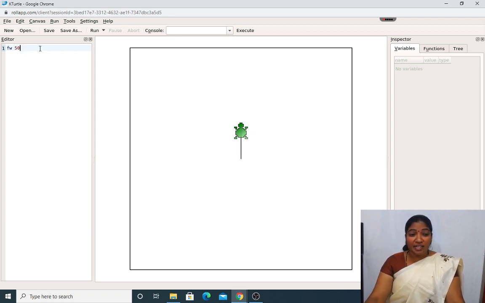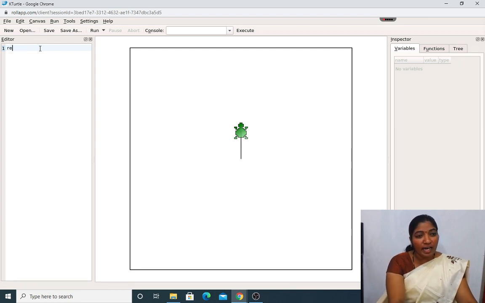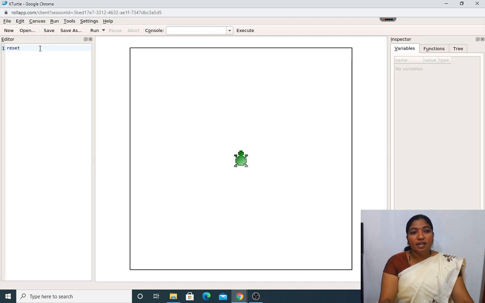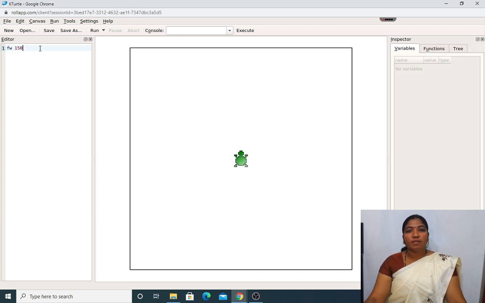Again I will reset it and write FW150. Just press, and it goes to the 150th position. As we are using the forward command, FW, it goes in the forward direction.